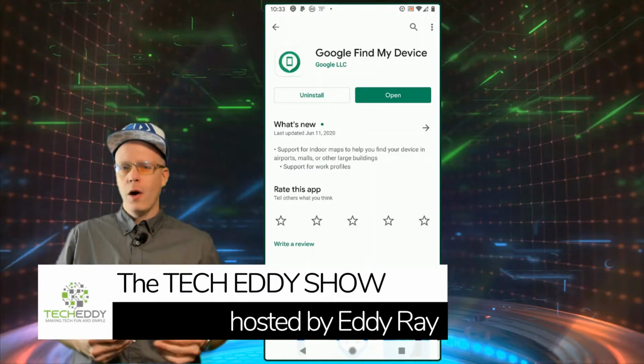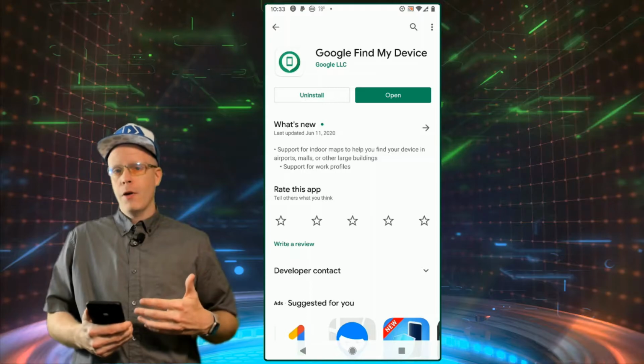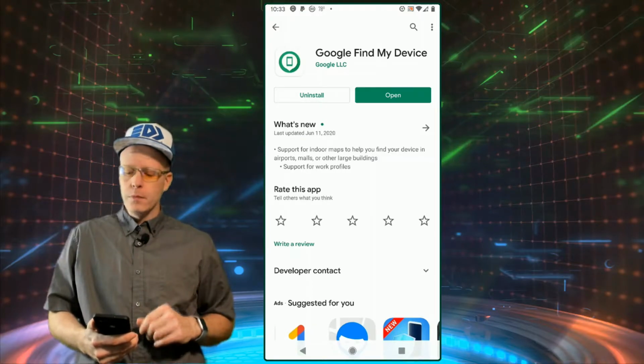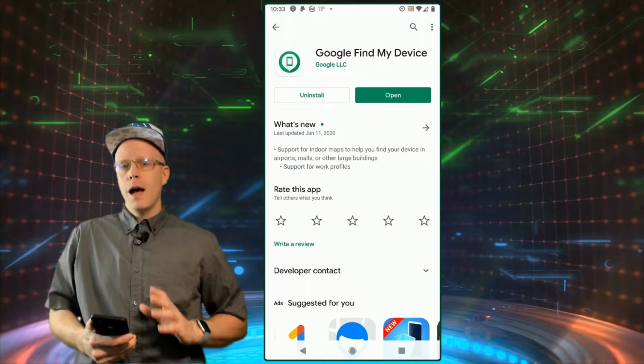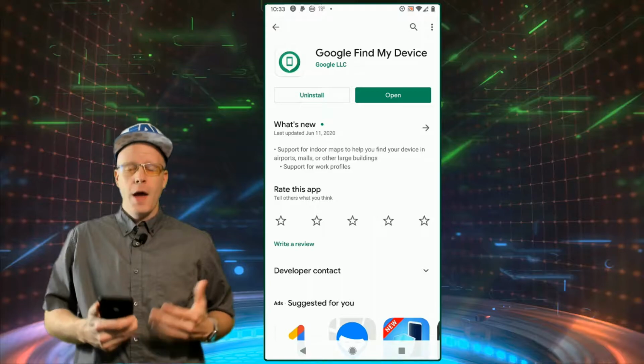Okay, so here we are in Google Play. Obviously this app would only work on Android devices, so if you have an iPad or iPhone, you check the App Store for a suitable app for you. Now keep in mind, obviously you have to install this app on a device that you have with you, so